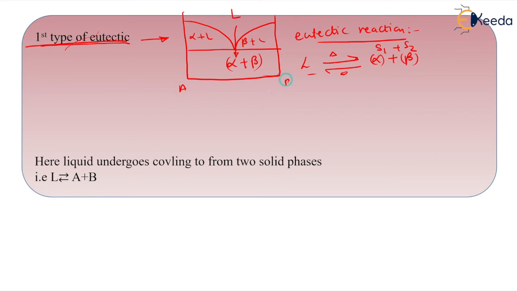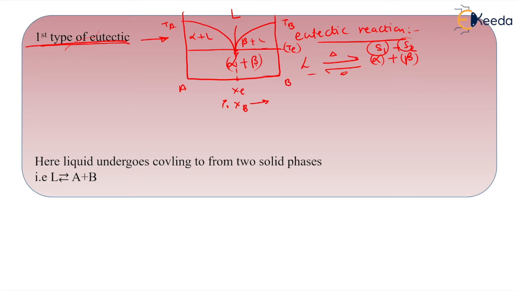Say this is element A and B, and alpha and beta are the phases in A and B. This is TA, this is say TB. But both are meltable at this very low temperature, that is TE, the eutectic temperature, and this is the eutectic composition, and this is the percentage of X in B. So dear students, when the liquid is undergoing cooling, it will form the two solid phases S1 and S2, where S1 is alpha and S2 is beta.